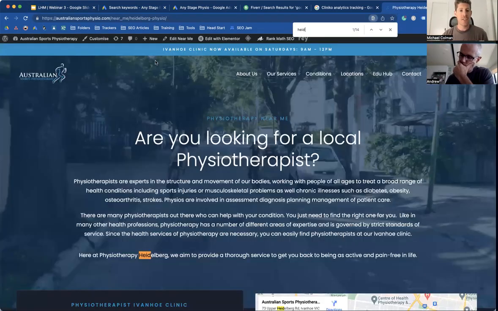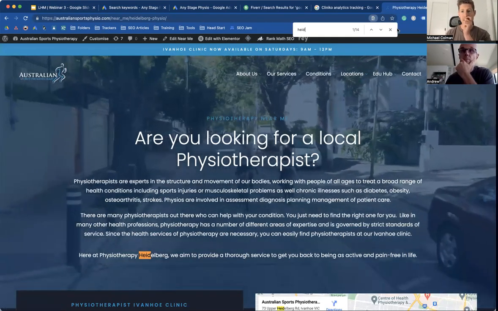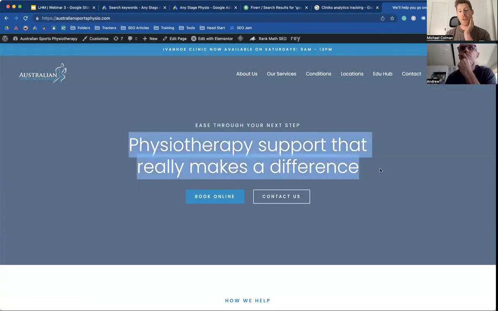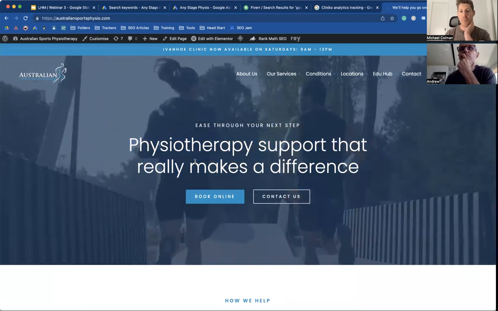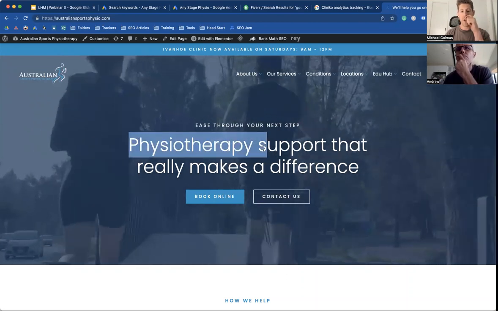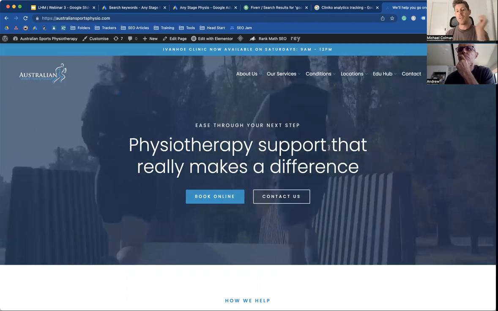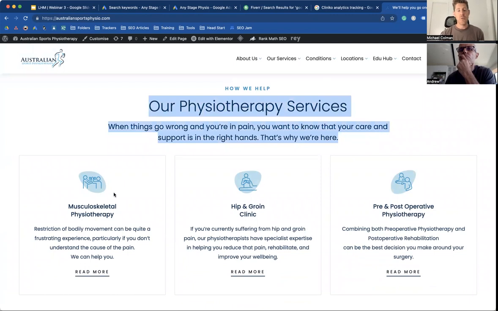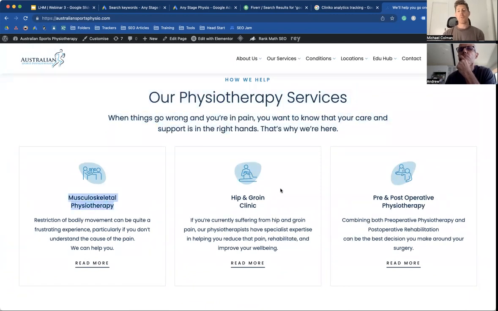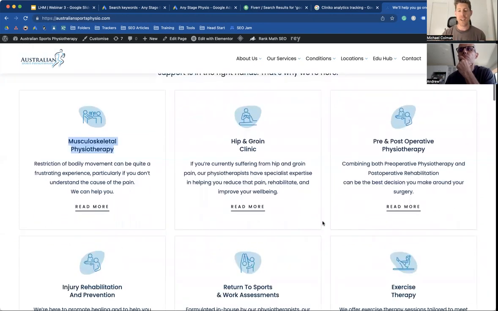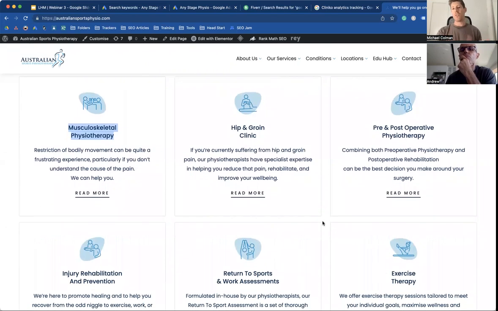So in this instance, I'll just take this example here. This is our live homepage, and we've got physiotherapy that really makes a difference. But if we had one, we could clone this and say physiotherapy support for women that really makes a difference. And then when we've got our services listed down here, we could list out prenatal, postnatal, pelvic floor, any service that's related to women's health, which you may not put on your main website or a service page, but really we're just trying to optimize that